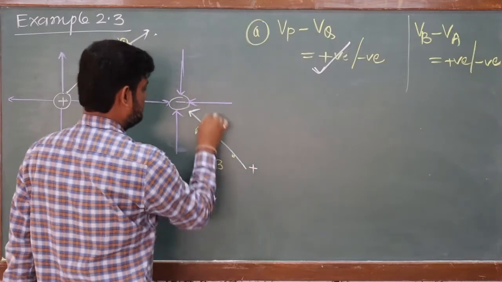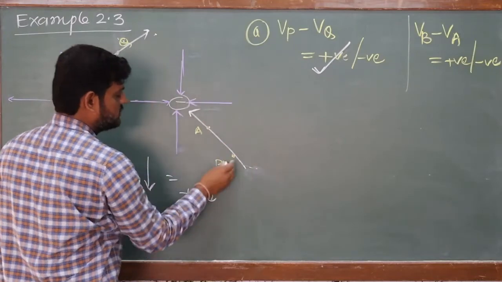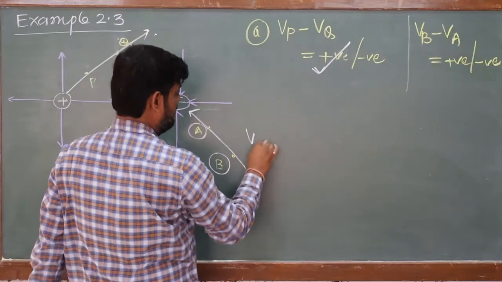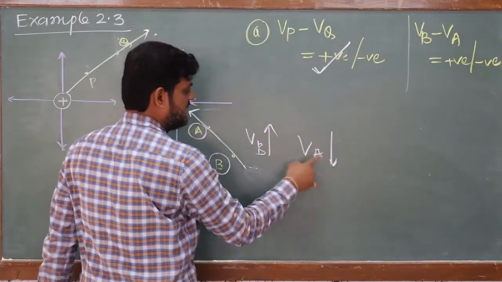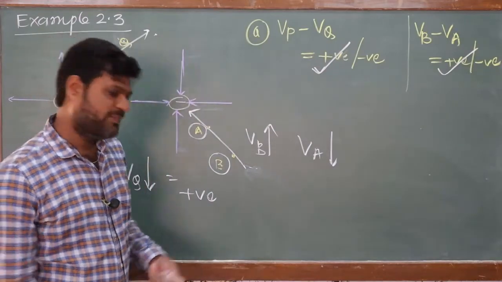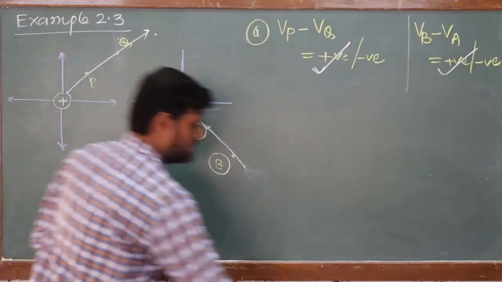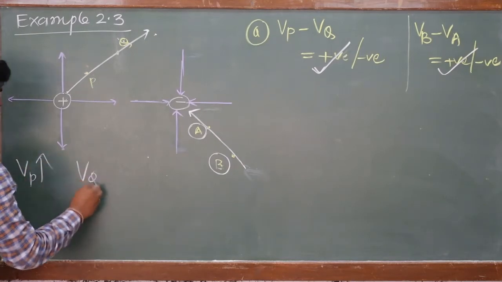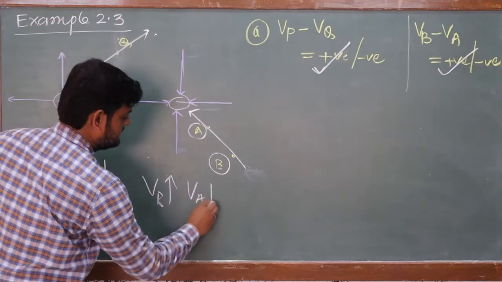For this, the electric field lines are towards the negative. So this is positive, this is negative, right? We can say that the electric field lines are like this. So B point is toward the higher potential, A point is toward the negative potential. So potential of B point is more, potential of A point is less. So more minus less, again we will get a positive answer. So in this way you can solve the question. Next question, keep in mind the potential of P is more, Vp is more, Vq is less. Here also Vb is more and Va is less.